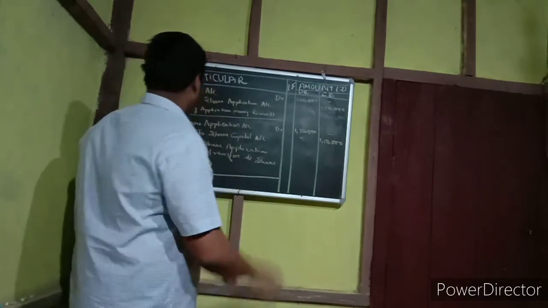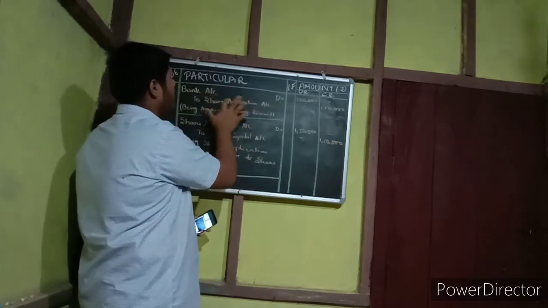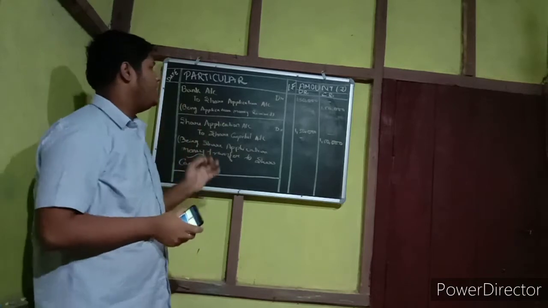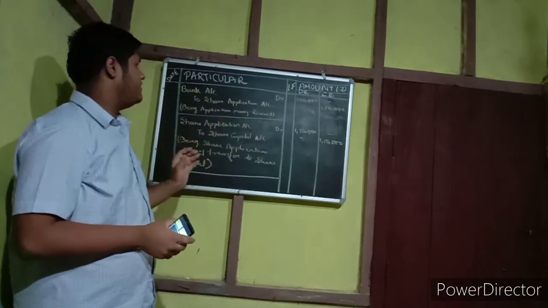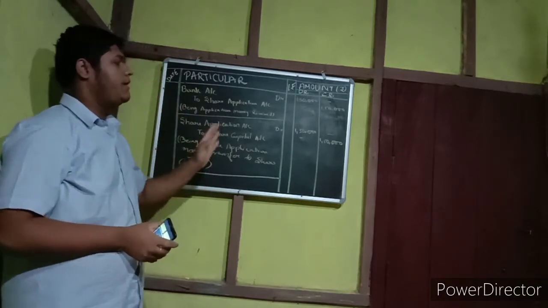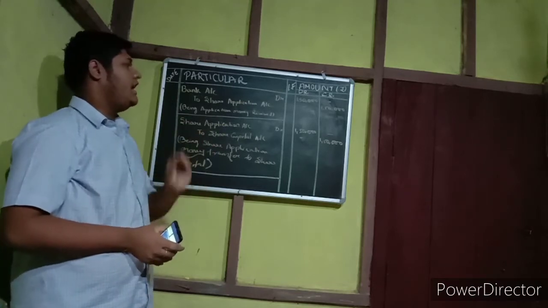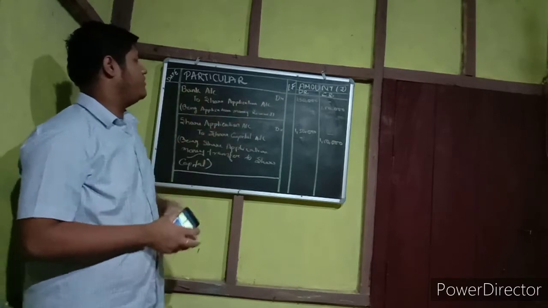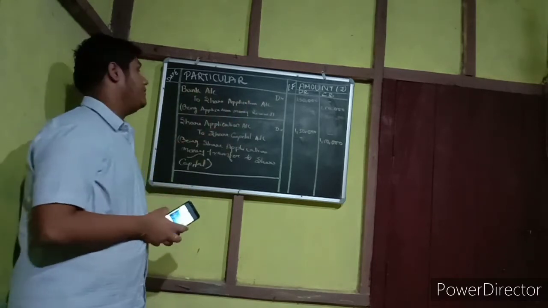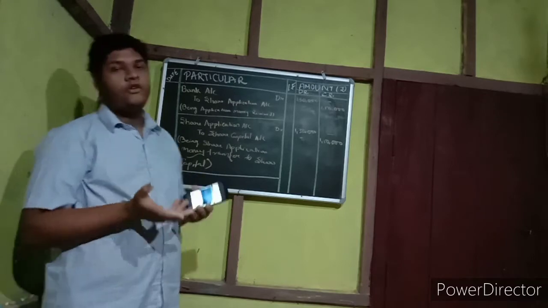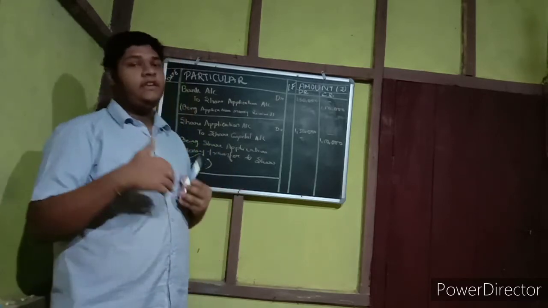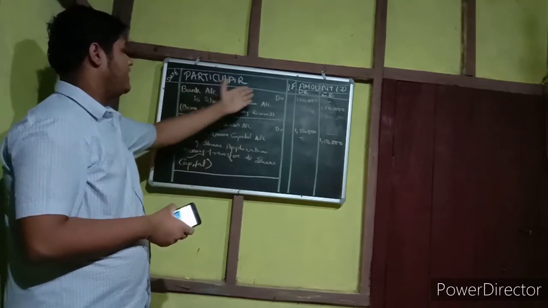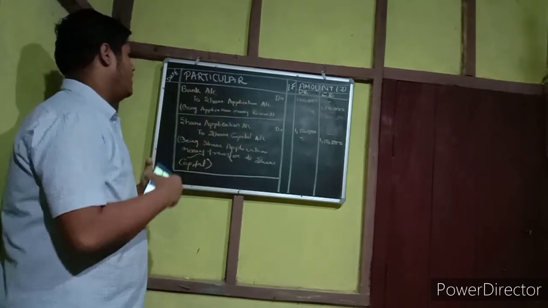For application, we have to write Bank Account debit to Share Application Account. Why bank account debit? Whenever anyone wants to purchase shares, at first you have to fill up the application, then pay the amount. So application is always Bank Account debit to Share Application Account. Again, why bank account debit? Because bank is a real account, and the golden rule of real account is debit what comes in, credit what goes out. We are receiving the cash, so we write it on the debit side.